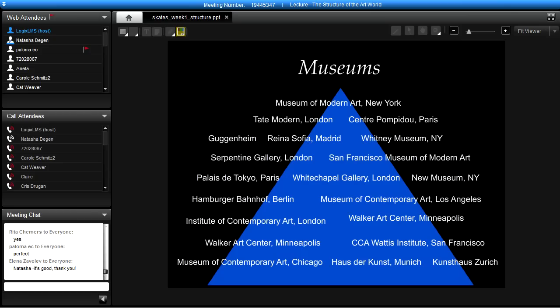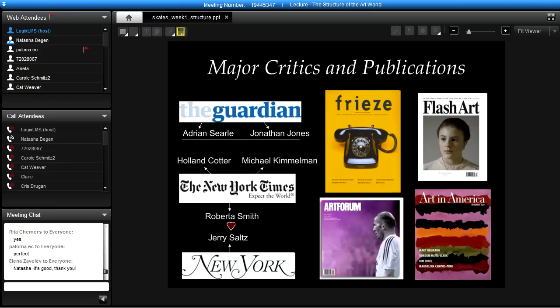Now I want to talk about some non-commercial players. Now, one of the most important non-commercial players, of course, is the museum, which plays an incredibly important role in legitimizing and validating art, particularly contemporary art. So this is a kind of pyramid or hierarchy of museums. Now, of course, not all museums are created equal in terms of the influence that they have on the market. A museum like the Museum of Modern Art in New York has a profound influence on the market. So, for instance, if an artist has a retrospective or a solo show at MoMA, often you'll see a very direct impact in sales figures at auction.